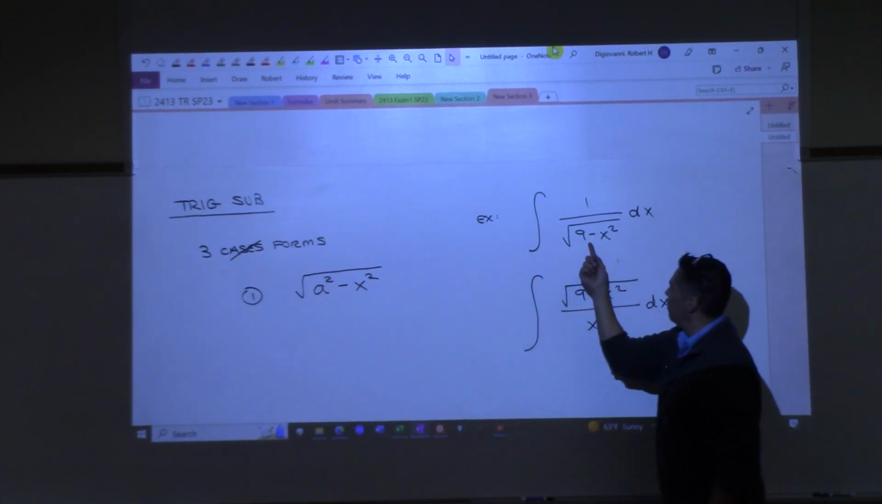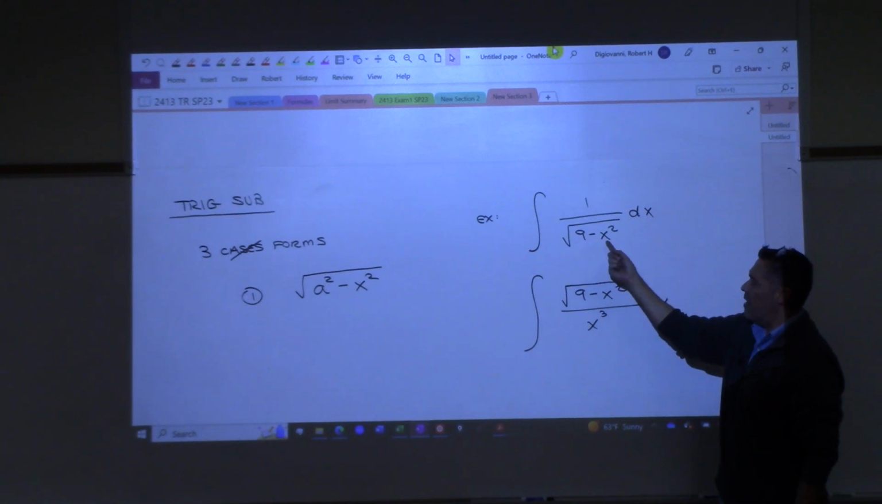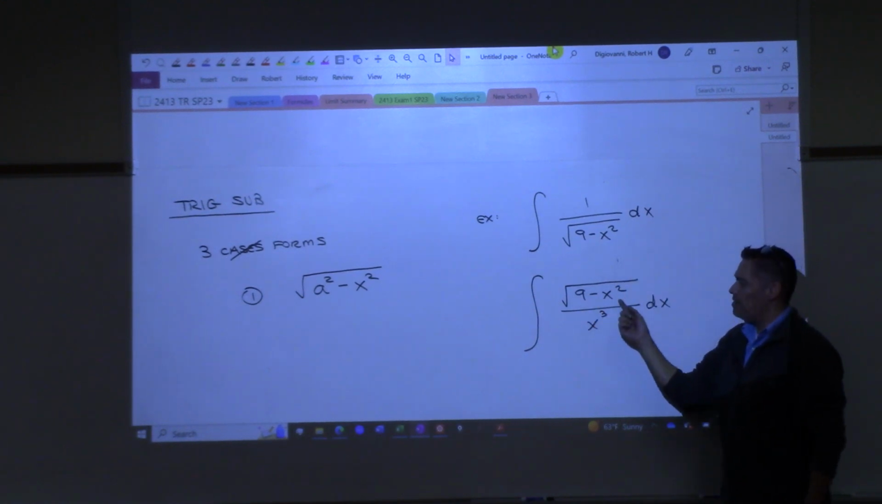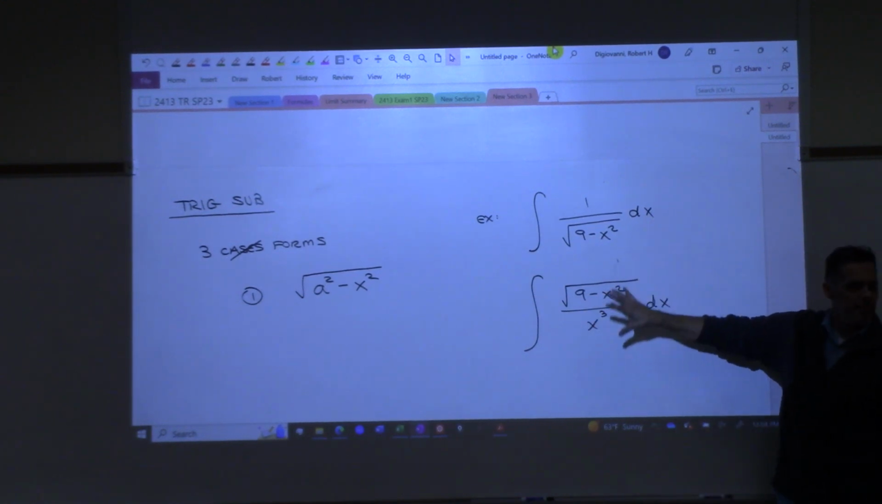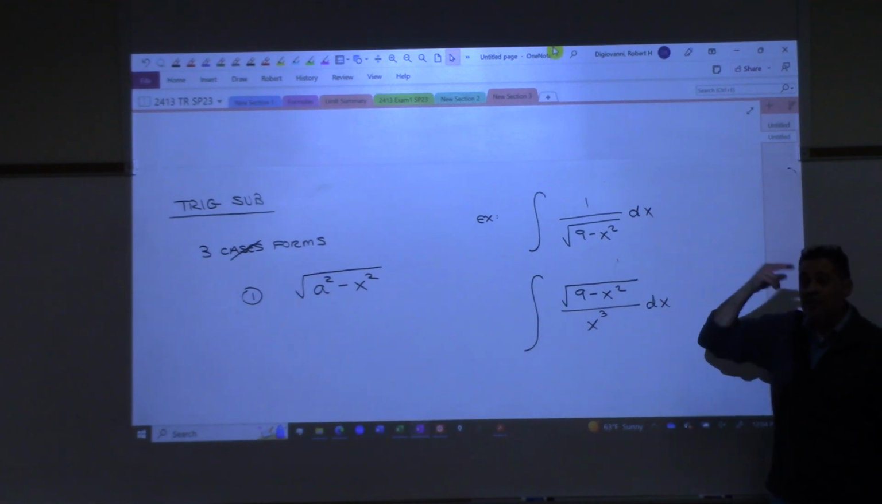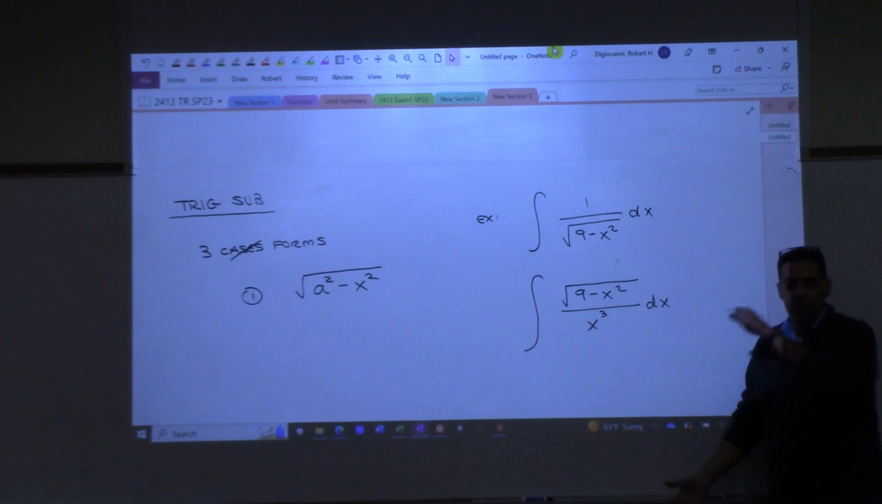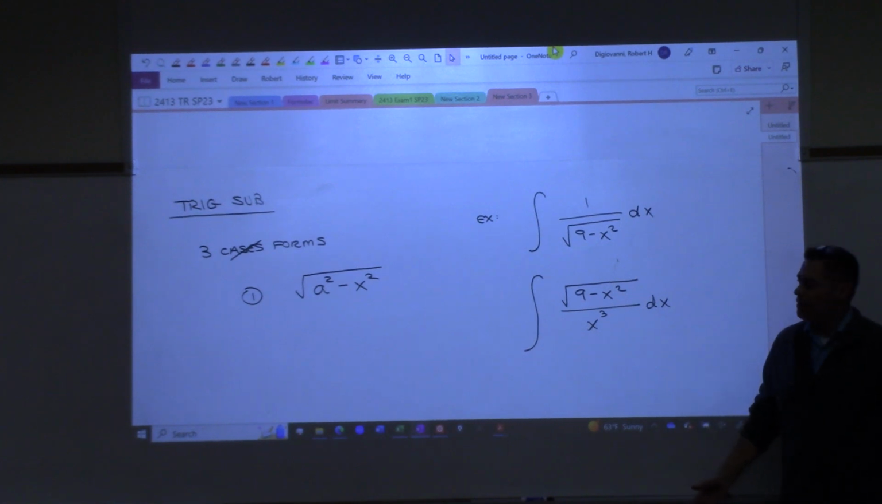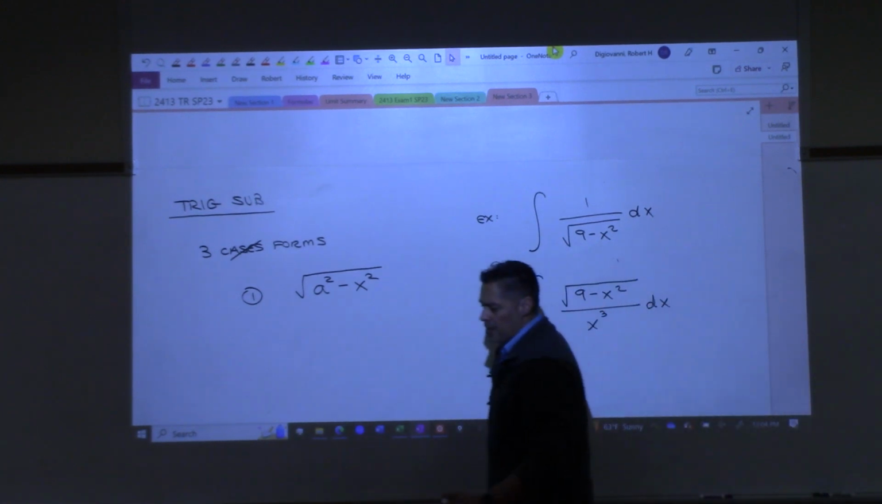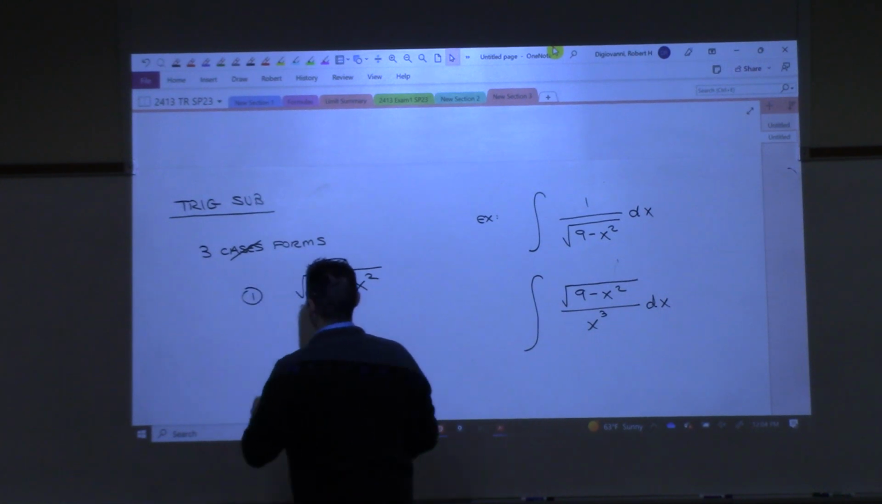Everyone see it, right? 3 squared minus x squared. 3 squared minus x squared. These integrals are different, aren't they? But this, I would be thinking, hey, trig sub might be, I'm going to pull out the trig sub just in case I need it, right? That's the first form. The second form that we might see